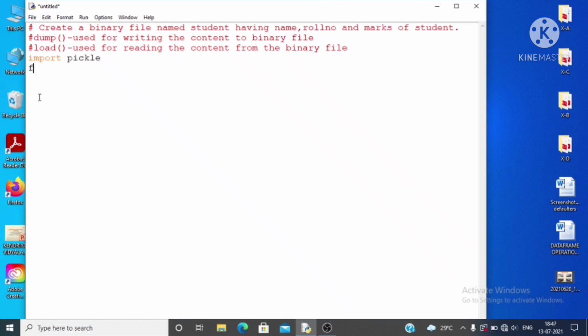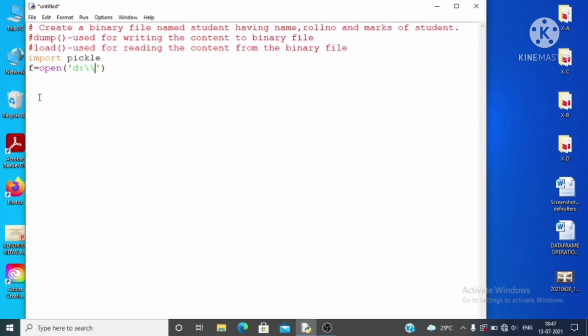First of all, create a binary file by using the open function. By using the open function we have already created a text file. The first parameter of the open function will be either the file name or the file path. If you want to create your binary file in any particular drive, then you can give the name of that drive.